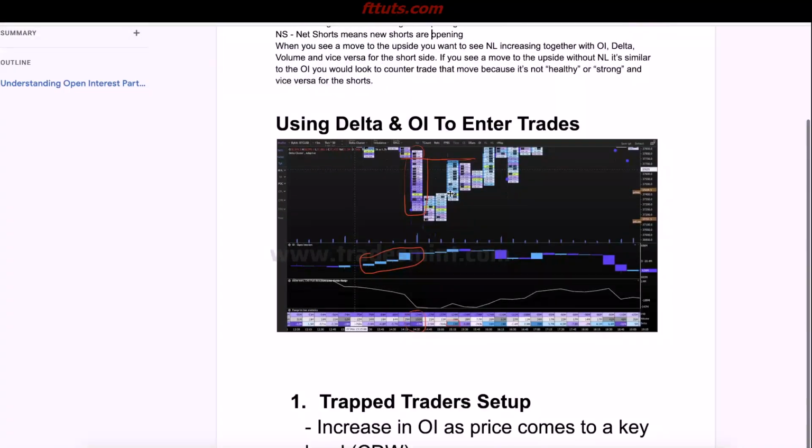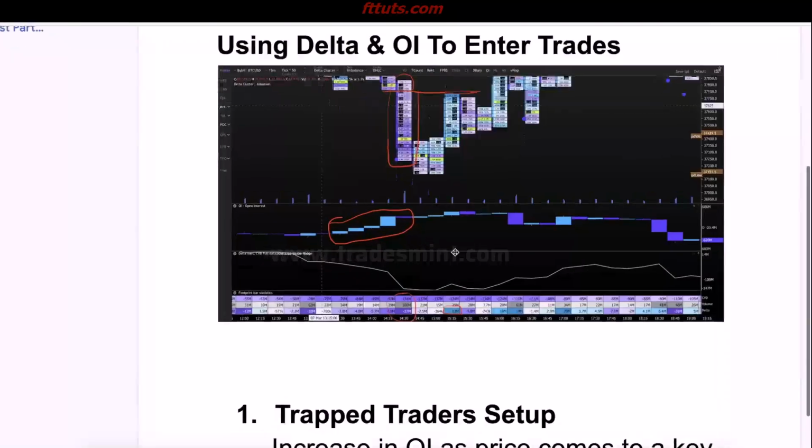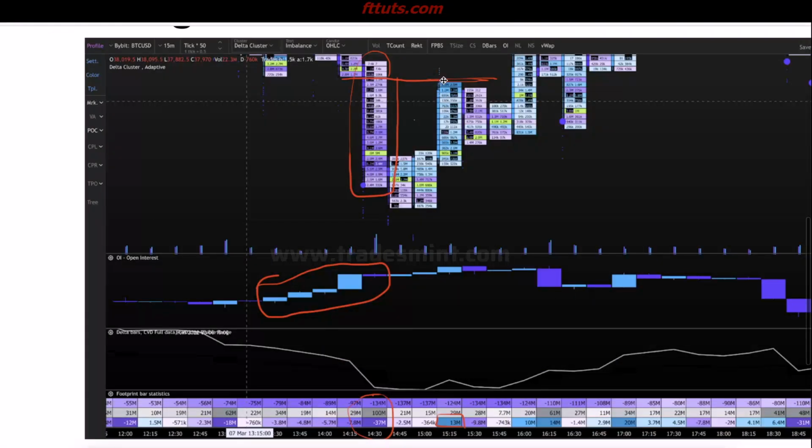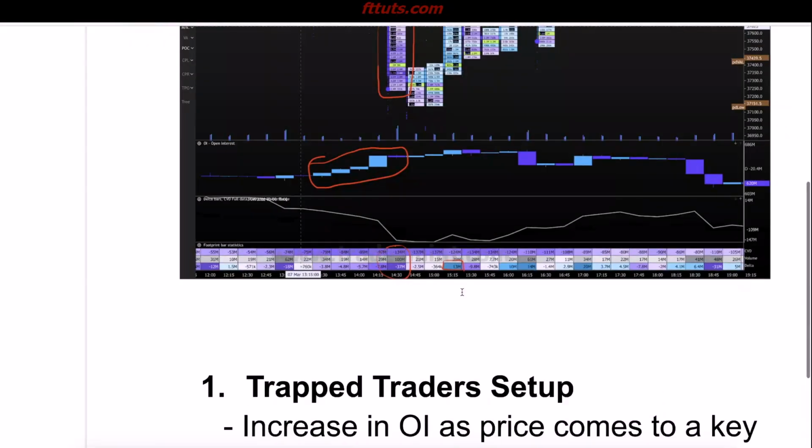This was a trap trader's setup, right? Where basically we had all these shorts being trapped. Once price came above that level, we see millions of trapped shorts. Then we see positive delta, an increase in open interest, trapped shorts, price moves to the upside. Then